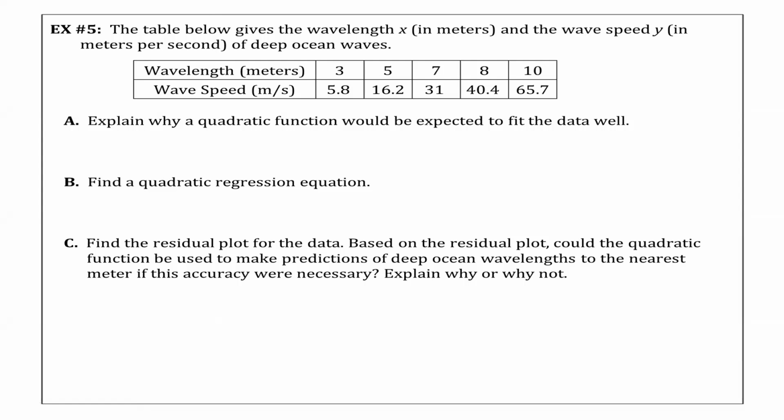All right. So on this part, it's saying that the table below shows the wavelength, X, and the wave speed, Y, of deep ocean waves. So, okay. Explain why a quadratic function would be expected